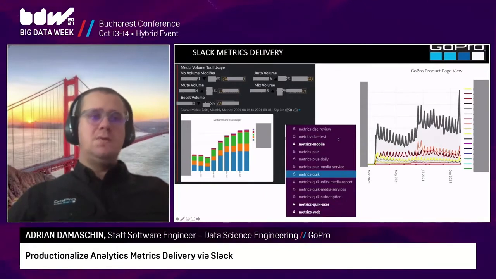So we have channels for basically every service and every product that we handle. So we're generating metrics on the go for most of the products that we have, and from all of the data that we have. So we're going to talk a bit about the use cases and what can we generate using this.